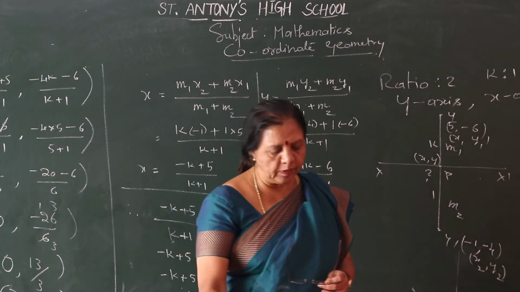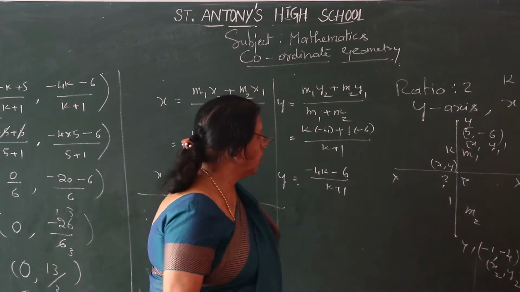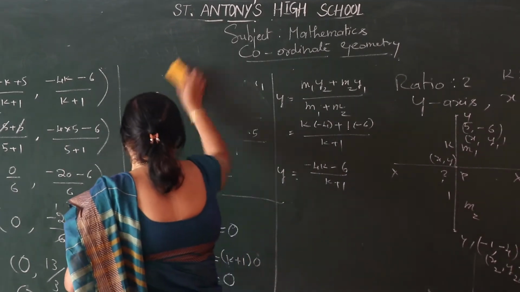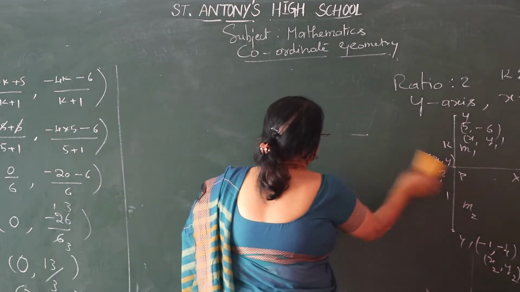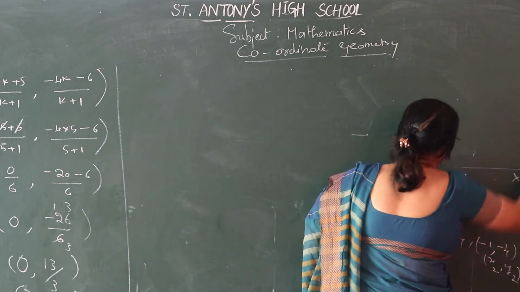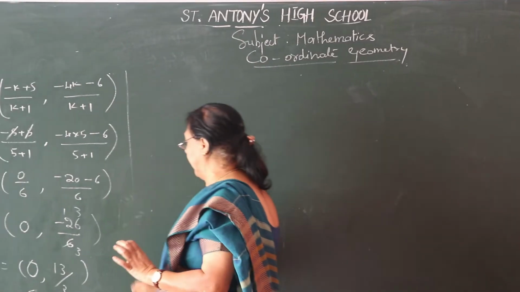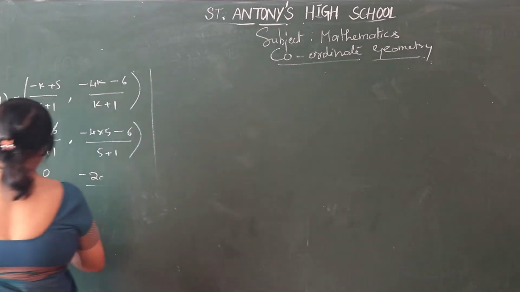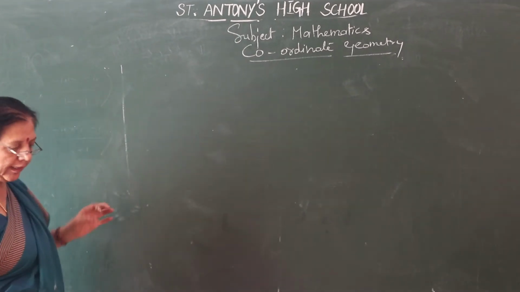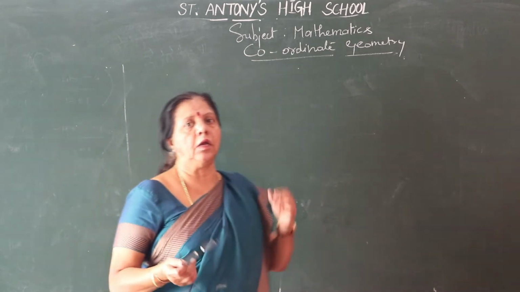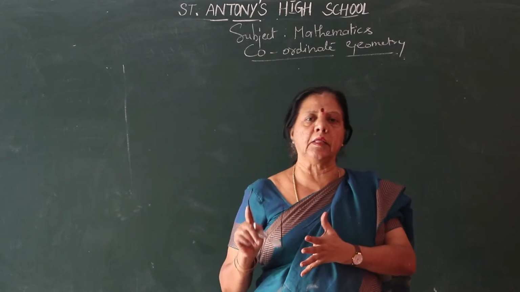Okay. So now the last sum is example 10. So go through it, all of you. Go through, children. So next area of triangle I am going to teach you, but that is under coordinate geometry, not the geometry. Coordinate geometry also has another formula. So far you have learned about the distance formula and the section formula. Section formula, nearly 5 to 6 sums I have solved. The same methodology we followed under the exercise.